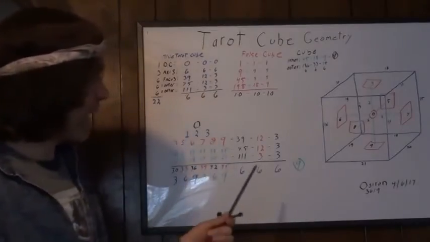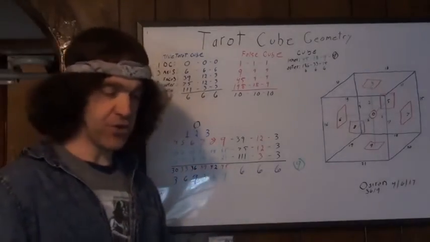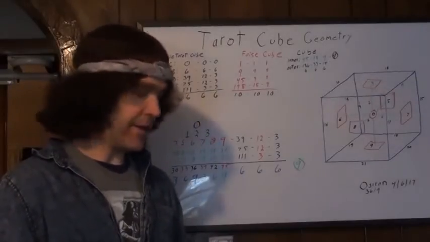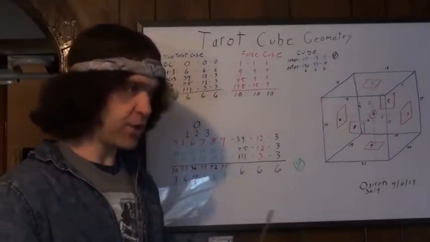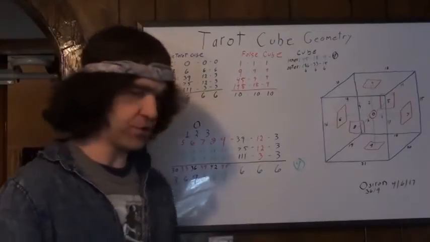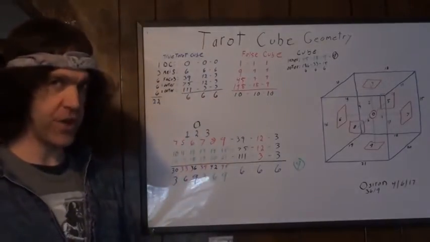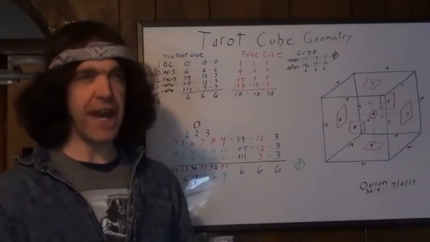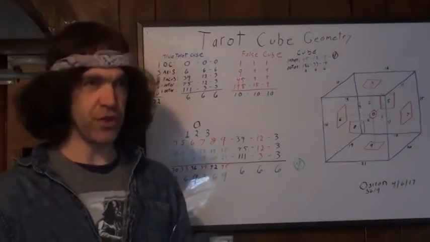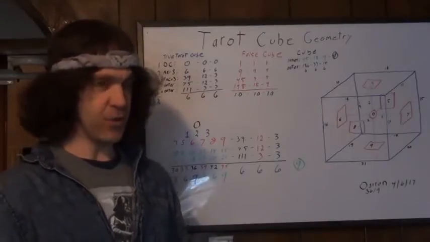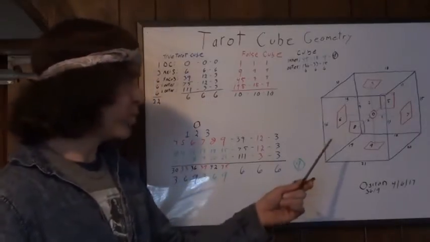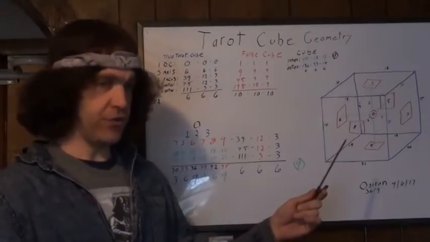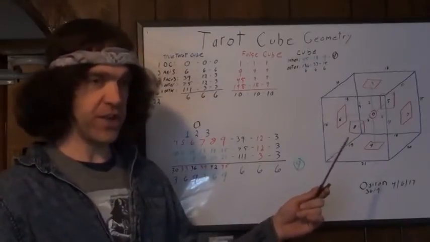Now, how I came onto this, I was scrolling on Facebook and someone had posted a picture of the cube in the tarot, and I've actually seen this before too in one of my Kabbalistic tarot books. But they posted this, and I started looking at it, and I was like, wait a minute, there's something really, really wrong with this. Because this cube comes from the Jewish Kabbalistic book, the Sefer Yetzirah,